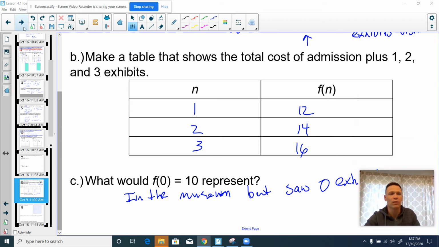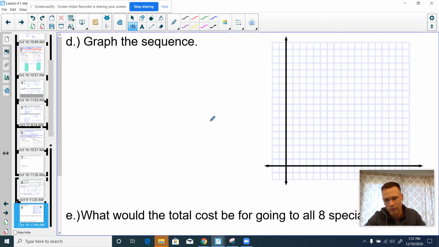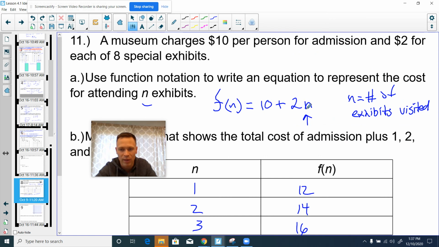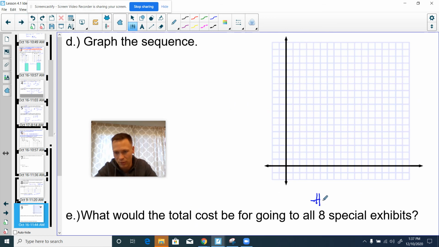All right. Moving on here. It says graph the sequence. Well, I have to have my axes labeled, right? So what's my independent variable? What's affecting, what is going into the function, right? If I go back to the function, the independent variable is always here. Well, what is it? It's the number of exhibits. So let's put that on my x-axis. So number of exhibits,